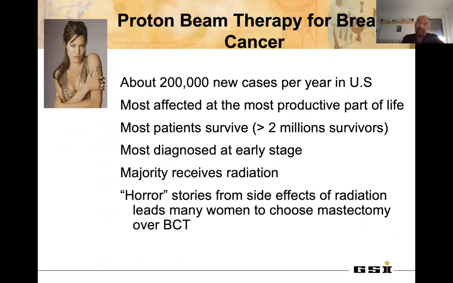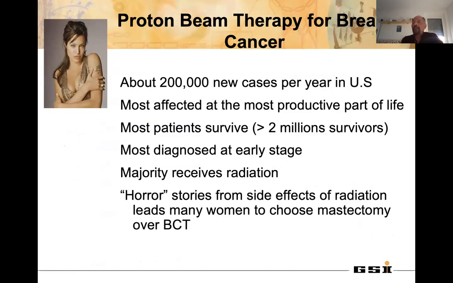But in principle, particles could be useful for every tumor. One example, which is a bit surprising, is breast cancer. Breast is a sensitive tumor. So you would say, why would I want to use protons for breast cancer, which is a sensitive tumor and apparently is not very close to organs at risk? Well,